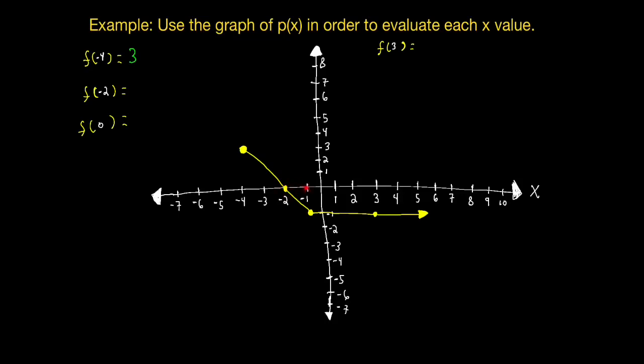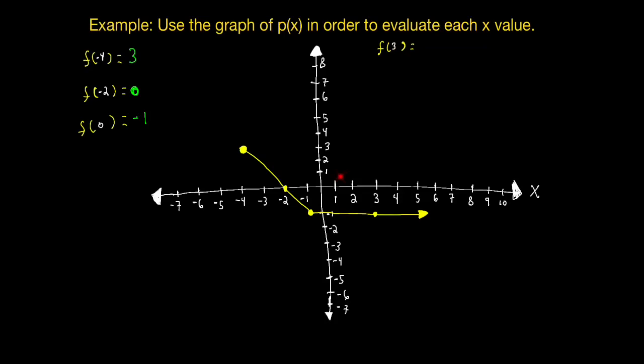So f of -2 is going to be 0. That's the y value. So let's take a look at the next one, f of 0 now. So 0 is going to be here at the origin, and at the origin you see that the y value is at -1. And then finally,